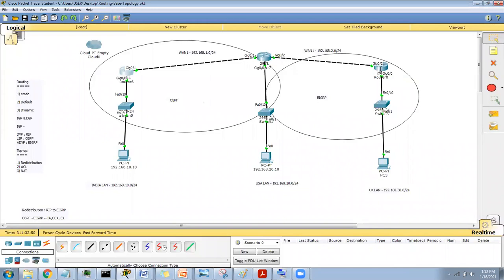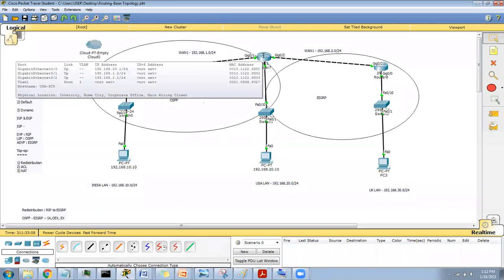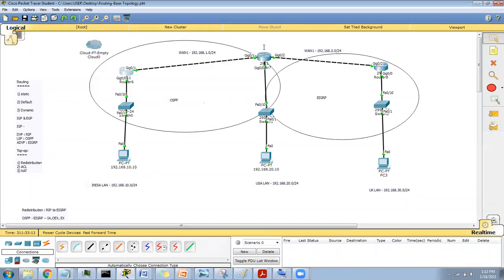So in that situation, you need to keep the EIGRP running here, so this router will be participating in OSPF and also EIGRP. So it has this side route also, it has this side route also. Now we will perform a redistribution here. Under OSPF, we redistribute EIGRP routes, and in EIGRP, we redistribute OSPF routes. So he will send this route to here and this route to here. And finally,